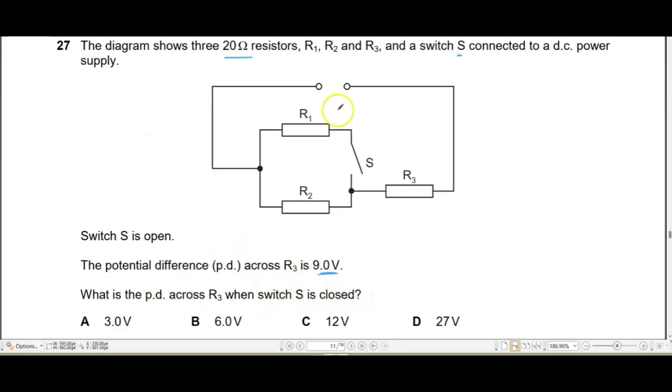If we just look at the circuit, we see that this is a series circuit. When the switch S is open, the current is going to come in like this, and obviously it can't complete its circuit going into R1, so it is going to pass through R2, R3